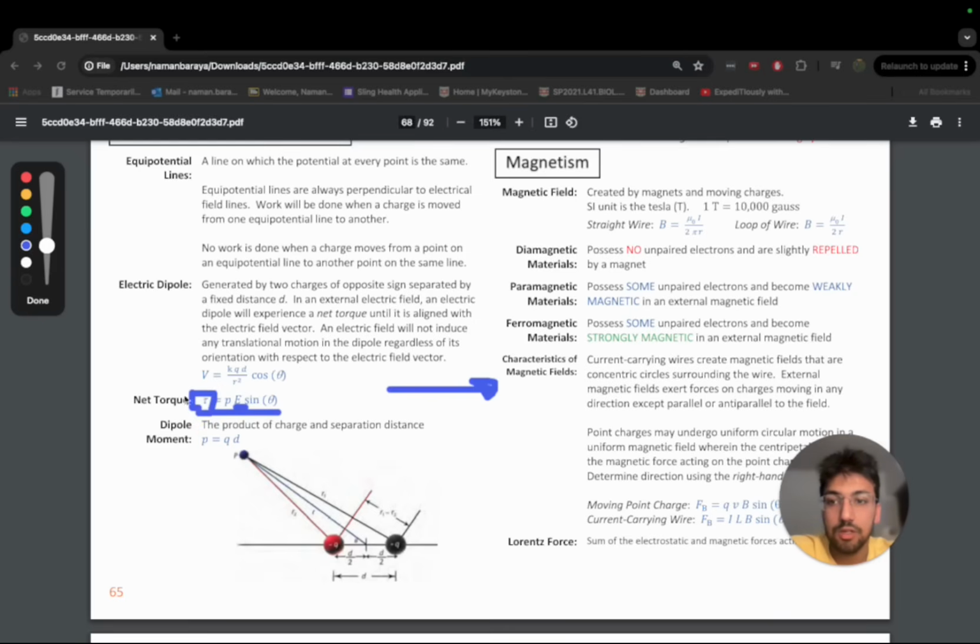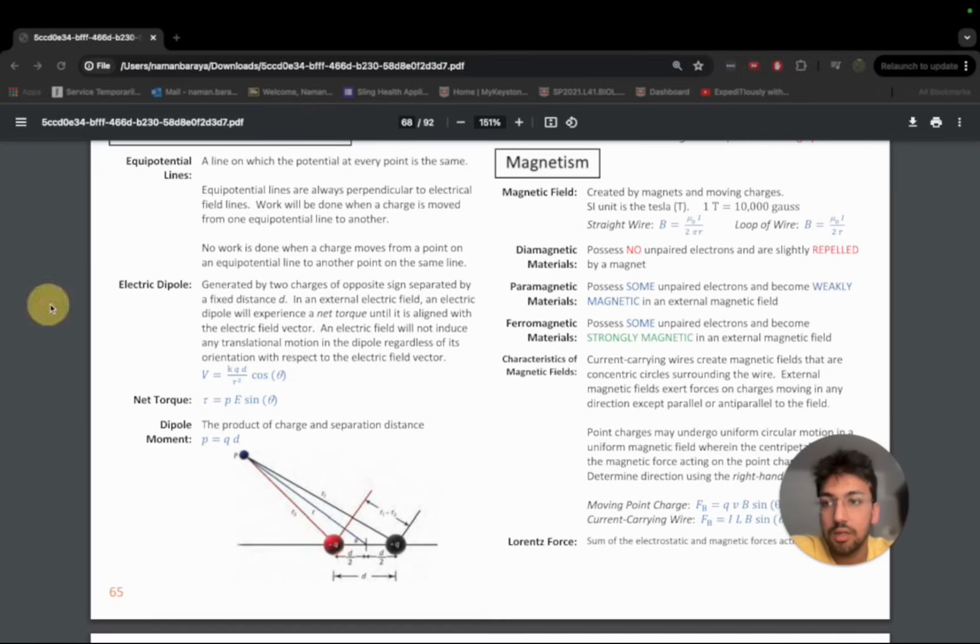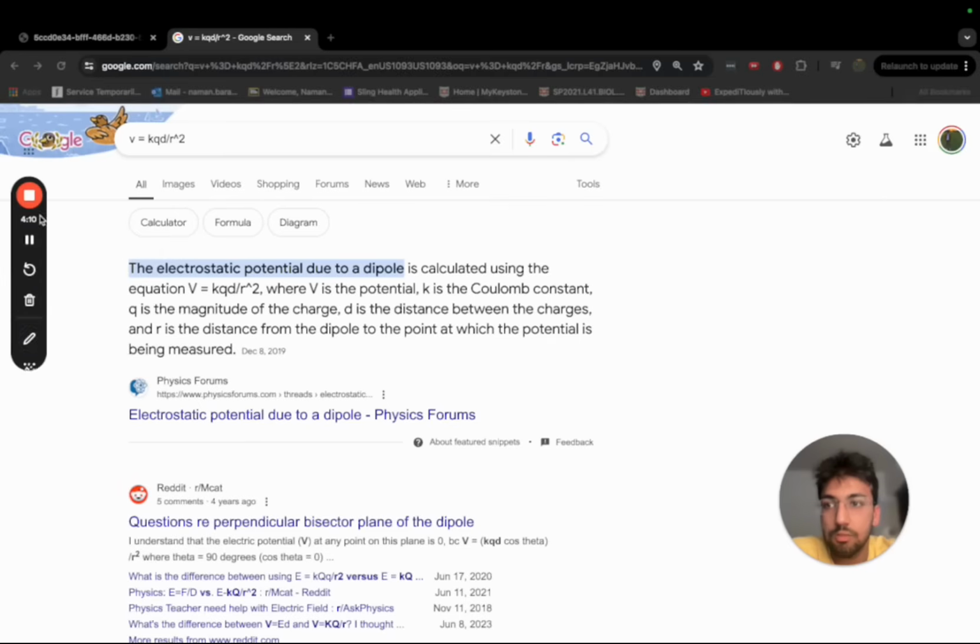And remember, this torque is a vector. The other thing is this equation, which is the voltage. And this is just describing, well, what is that? So here I've just pulled up an interpretation of that equation, and essentially it's just the electrostatic potential due to